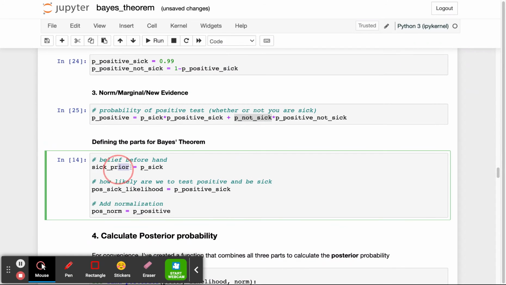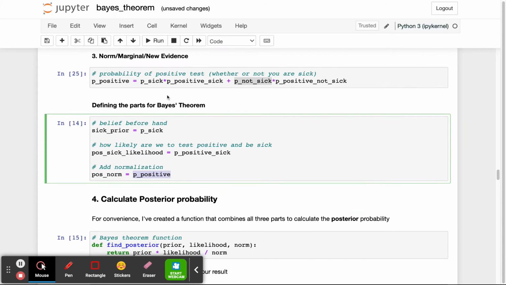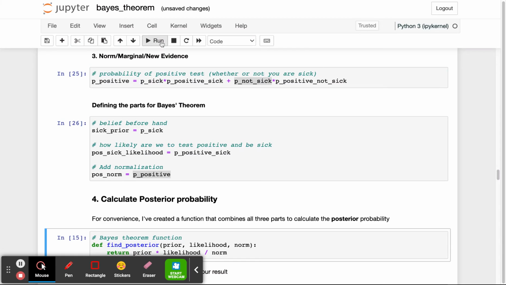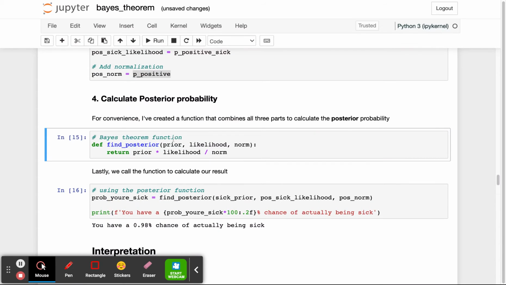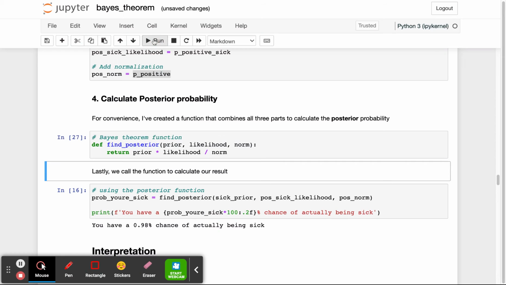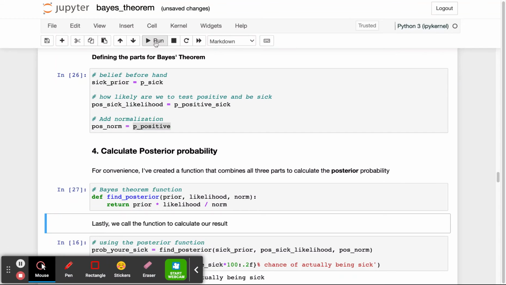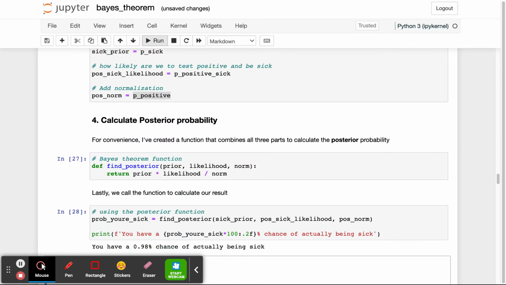We have the prior, which is the probability of sick. We have the likelihood, which is the probability of testing positive given that you're sick, and then we have the normalization, which is the probability of a positive test. And we have the lovely Bayes Theorem formula function here, which takes prior, likelihood, norm, where it's the prior times the likelihood divided by the norm. So we would run that. That's our function. Now we can substitute our values in here, and we can get